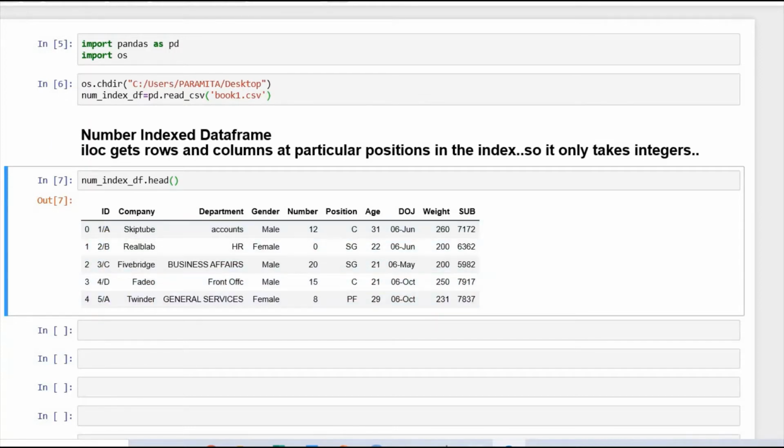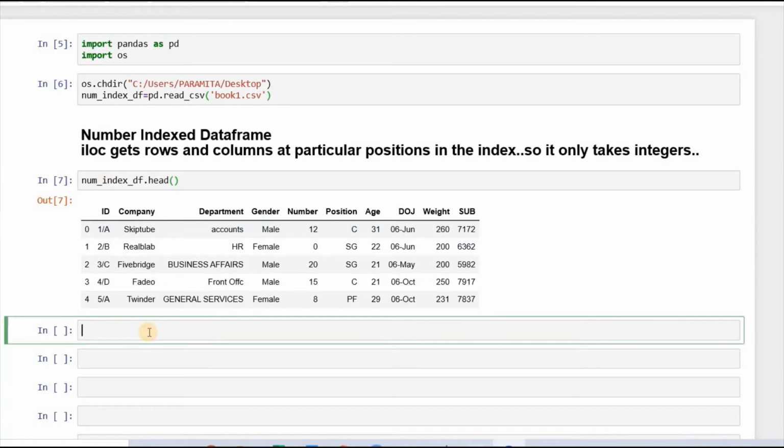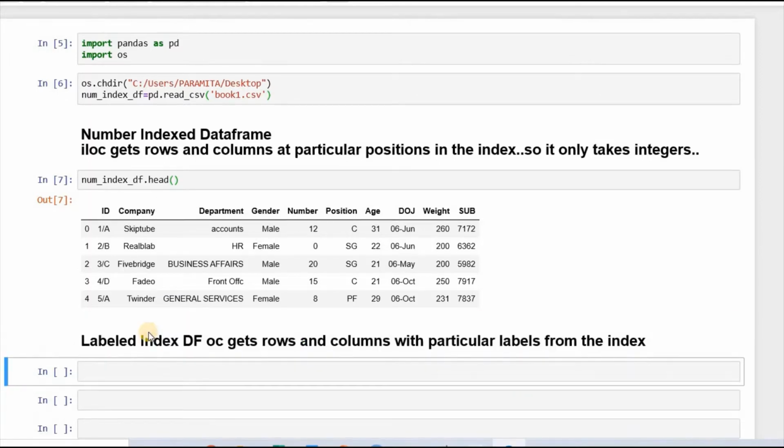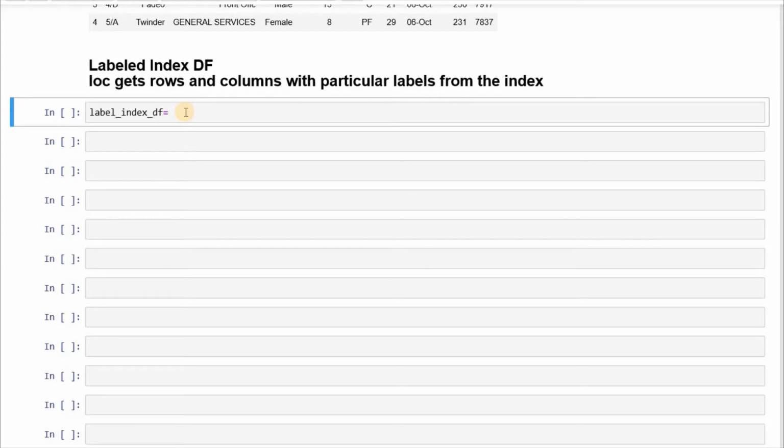Let's see how it looks. The second case is a labeled index data frame. I would make a data frame from here which would be a labeled index. Let's name it label index df.